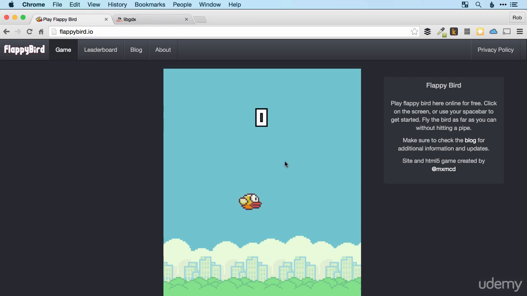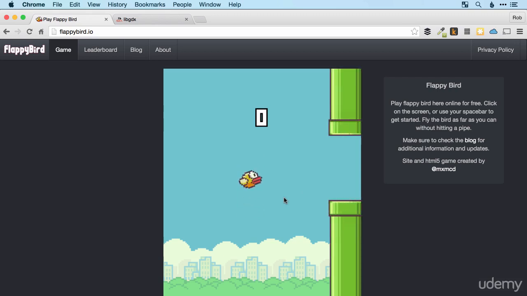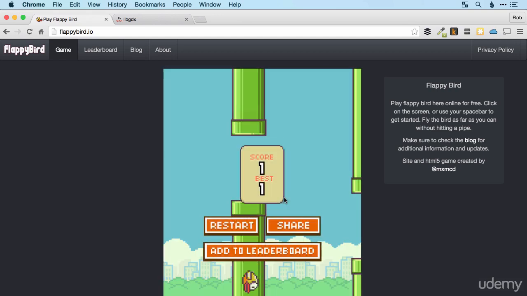I just want to show you very briefly how the game works. So here's flappybird.io. You can go and have a look at it now, and this just shows you an online version of the game, which is pretty similar to the one that we're going to create. So you press, there we go. I didn't even get past the first tubes. You keep pressing